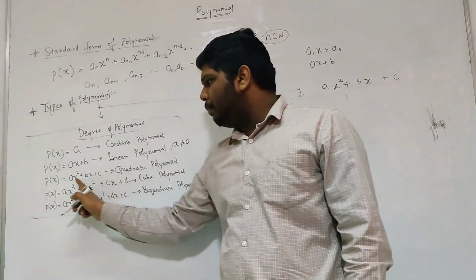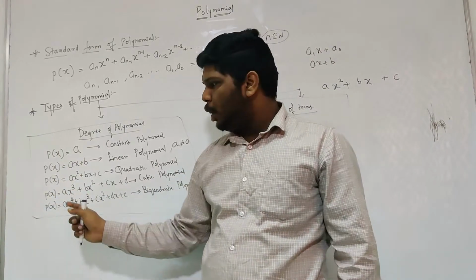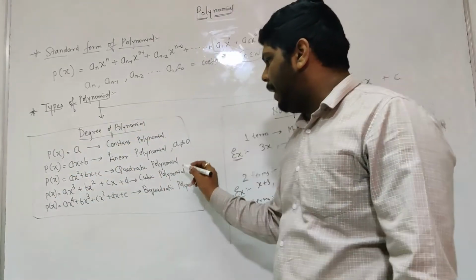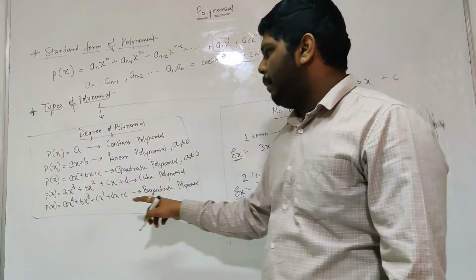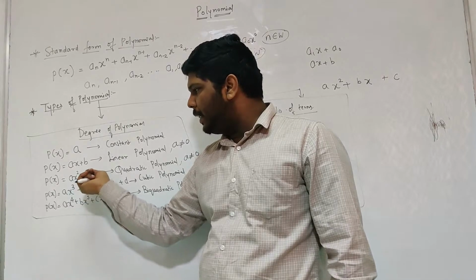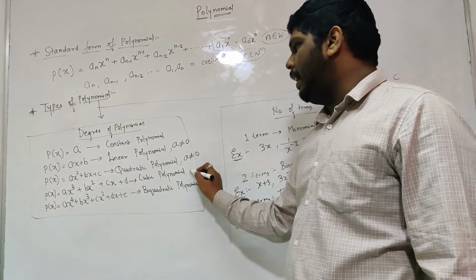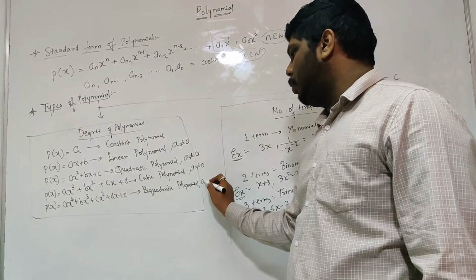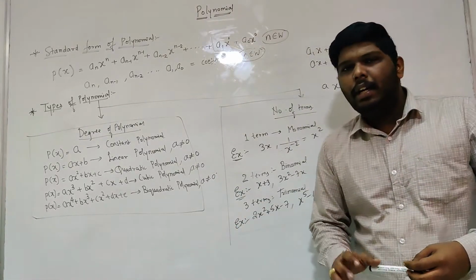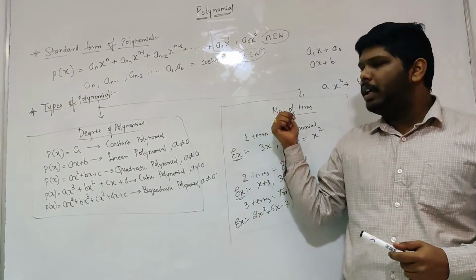Similarly, to keep this as a quadratic polynomial, the main term is x square, correct? To keep the x square term alive, don't make a as 0, because if I make a as 0, this part is gone. What is remaining? bx plus c. And the degree of bx plus c will be 1, so it will be considered linear. So wherever you see this, I can write down the point that a is not equal to 0. I hope this classification is clear to all of you: standard form and degree, and the other one based on number of terms.